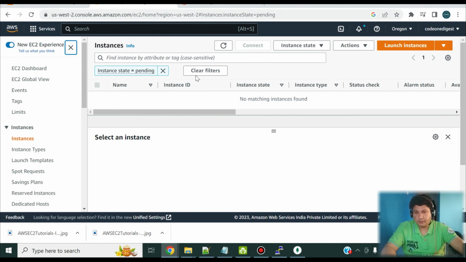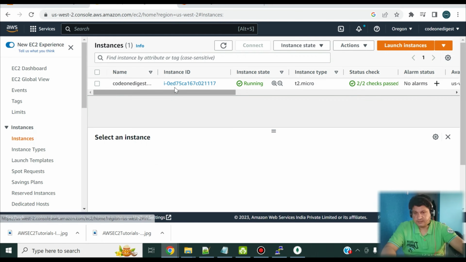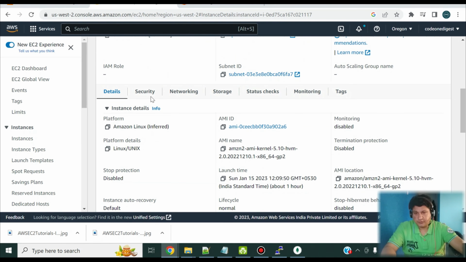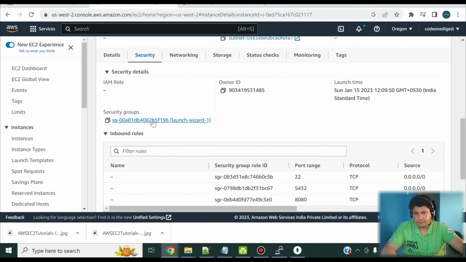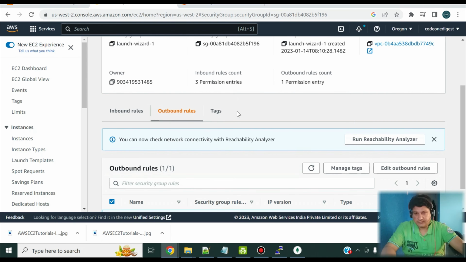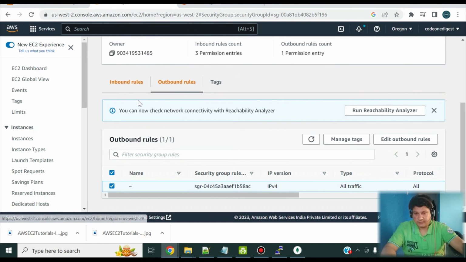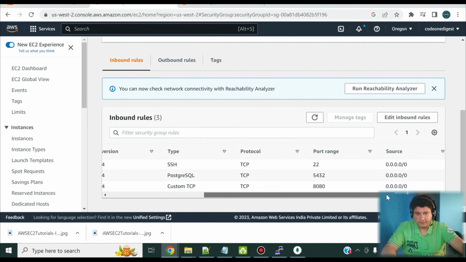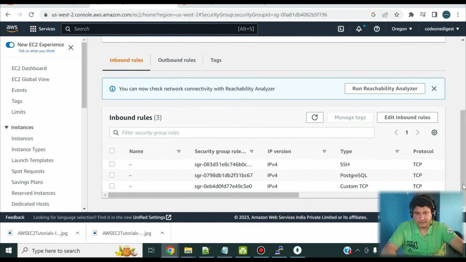So let me go to our EC2 instances, yes, and then let me go to a security group. This is my security group, and I have to create one inbound rule. So these are the inbound rules we have with all these ports. I have to create another inbound rule,